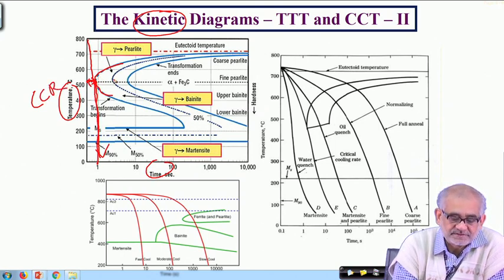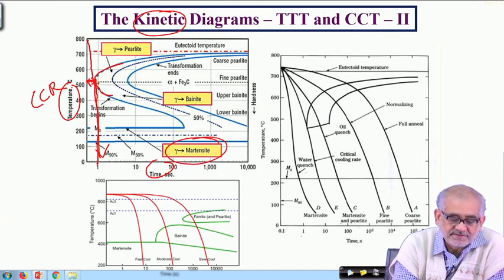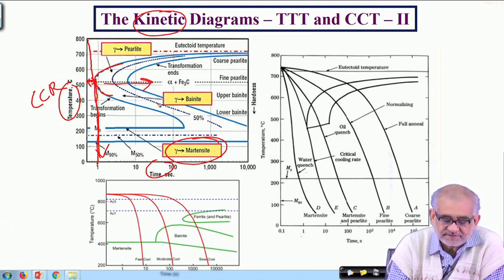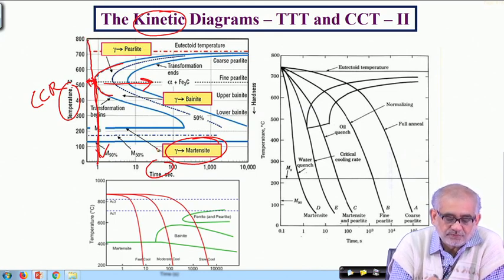For various transformations, particularly for martensitic transformations, we would like to have a situation where this knee portion is actually shifted to the right. And if we can shift it way to the right, then I can afford to cool fairly slow instead of so fast, and yet be able to avoid the start of these pearlitic or bainitic transformations and then intersect the martensitic line, which is way below,